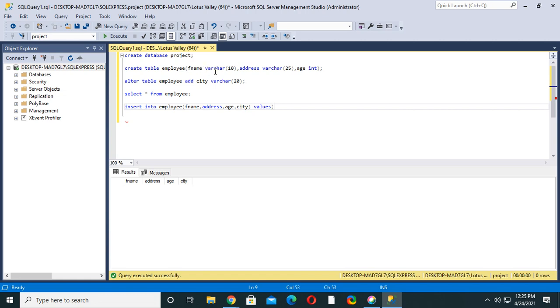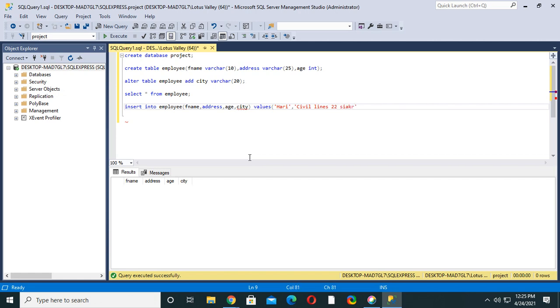Now F name we have taken as varchar, that's why we have to enter it in quotes. Now we are taking the name as Hari. Okay. Next address. Address also we have to enter in quotes. Suppose you are living in Civil Lines 22 and Sikar.